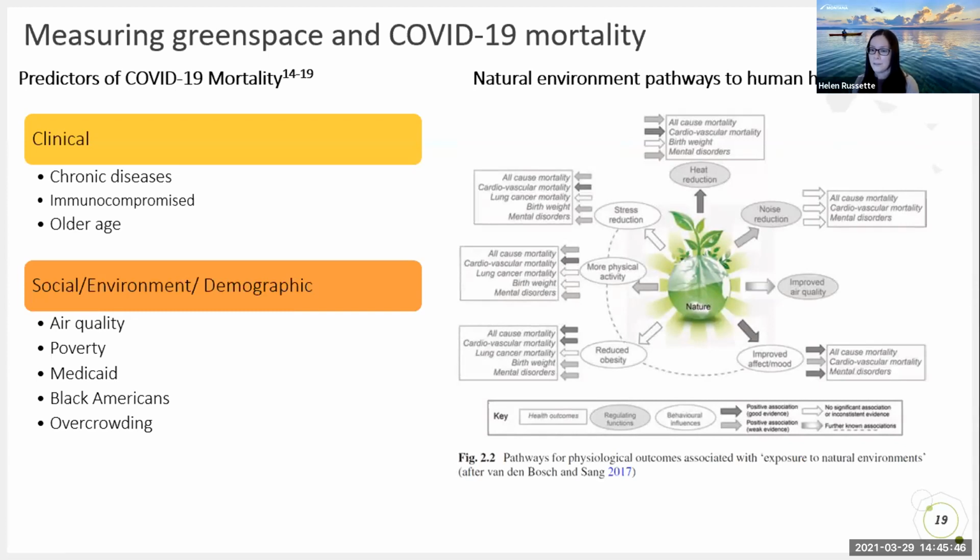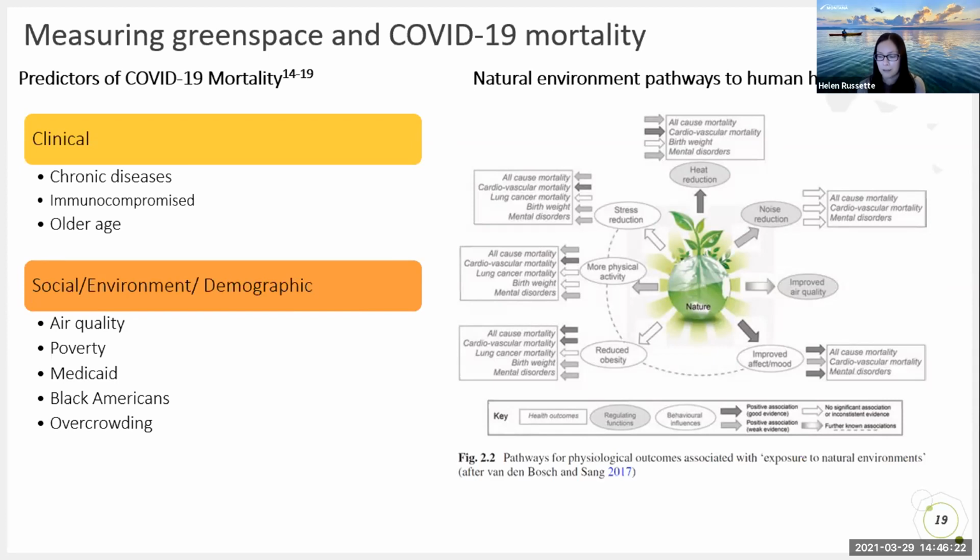And thinking about COVID-19, climate change came to mind, in which we see ecosystem damage that impacts microbial ecology, which leads to infectious disease outbreak. And again, there are these multiple pathways that the natural environment can impact health. And so you'll see with the darker shaded arrows, you often will see reduced cardiovascular and all-cause mortality, showing fairly strong evidence.